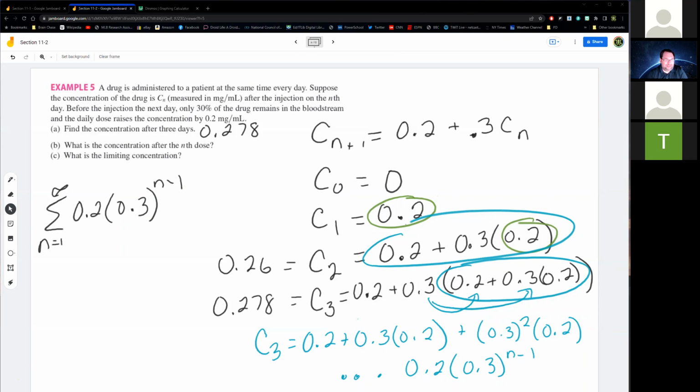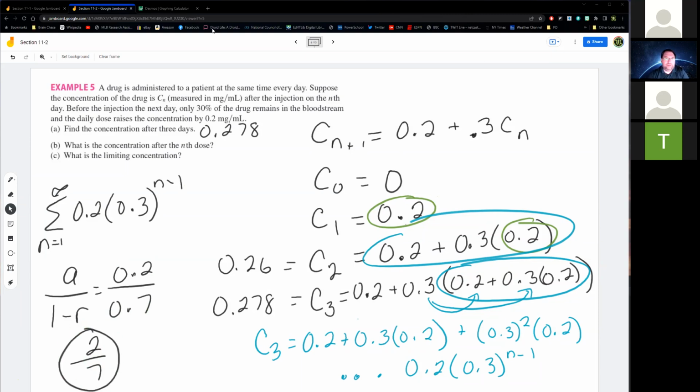Your R is between 1 and -1, so yes. So it converges. So now we can figure out what it converges to. And remember, it converges to A over 1 minus R. So that's 0.2 over 0.7. So it converges to 2 sevens,